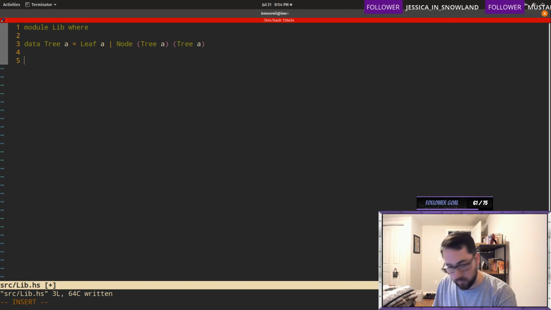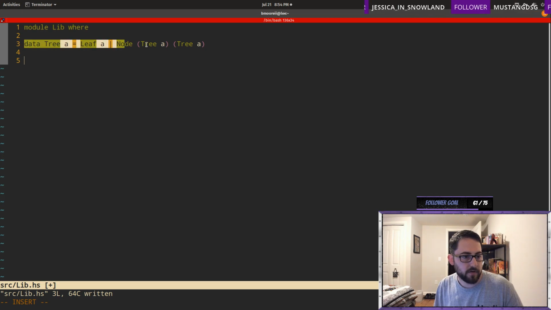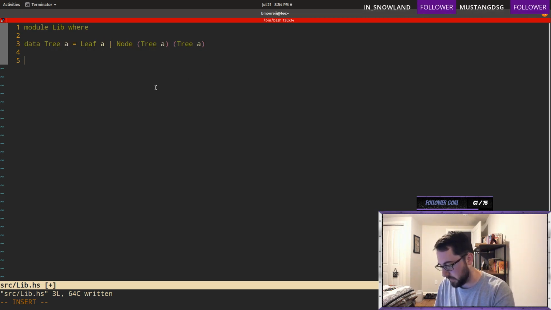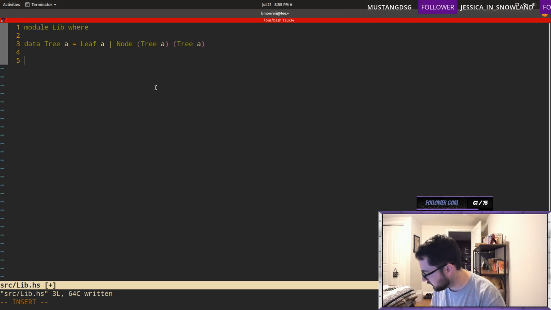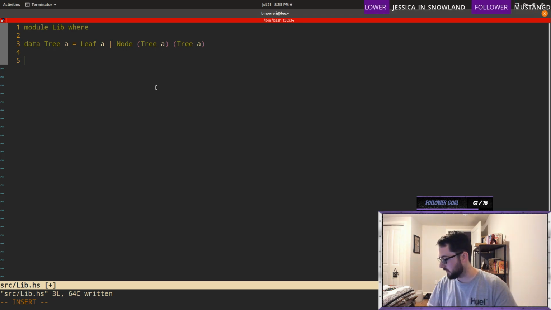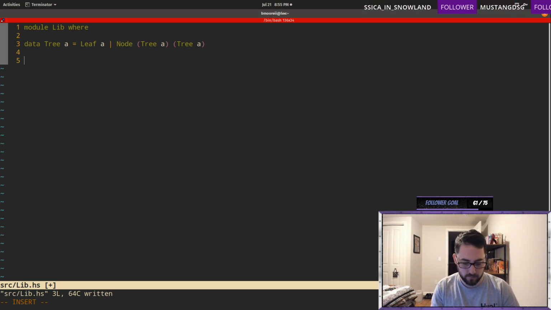So, oh yeah, this is called an ADT as well, which is something, wait, I thought ADT was supposed to be abstract, so maybe this is not supposed to be an ADT. This is an algebraic data type. Okay, whatever. I still don't understand what an ADT is. I think it's an abstract data type, but I don't know what that means in Haskell right now. We can ignore this because this is just syntax stuff that we all know how to do. We can write a function that counts the leaves, so we'll do that.